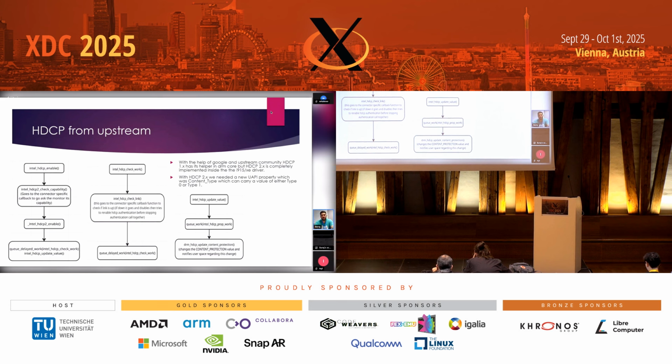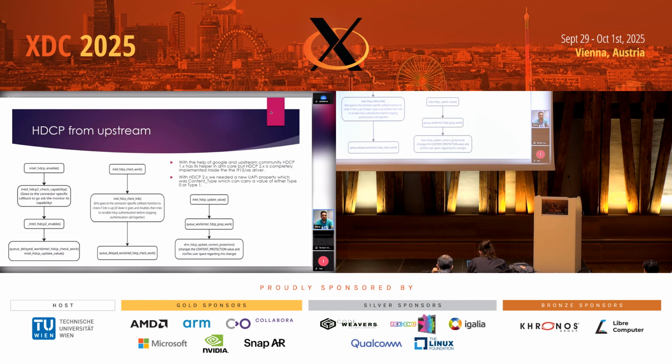At this point, there are three major steps that happen here. The first one would be the creation of the master key and the storing of this master key, both on the monitor side and the source side. Then there is this locality check that needs to happen, which makes sure that all the devices that are connected to your source are in close vicinity. How it does that is it just sends a packet downstream and makes sure that packet is acknowledged